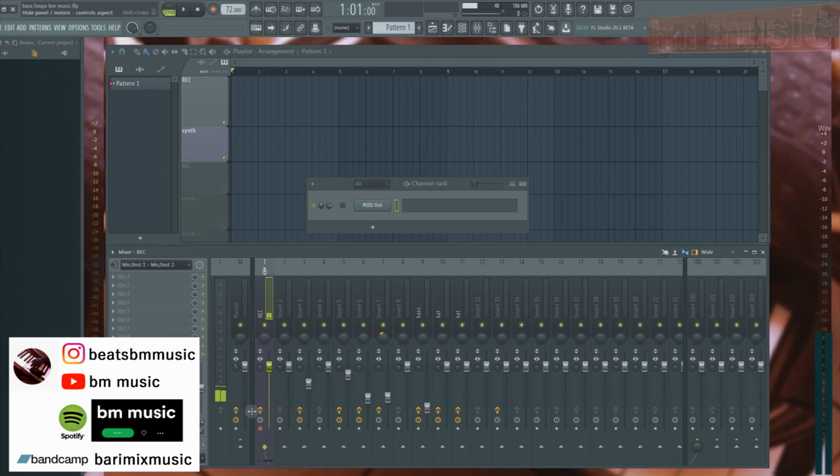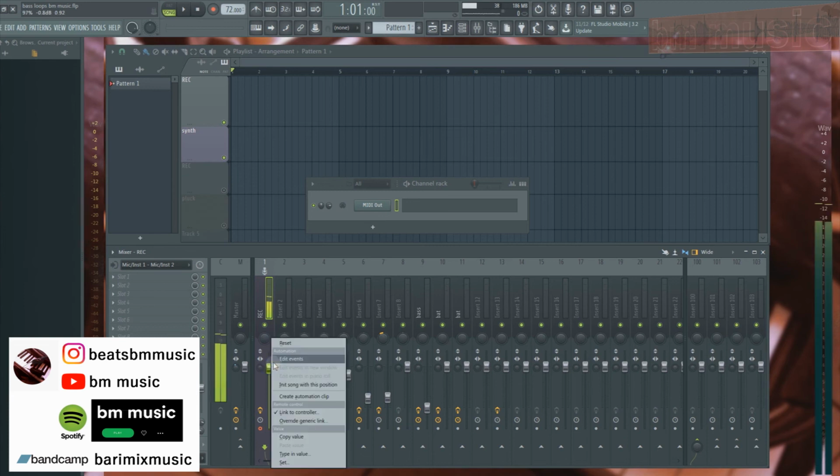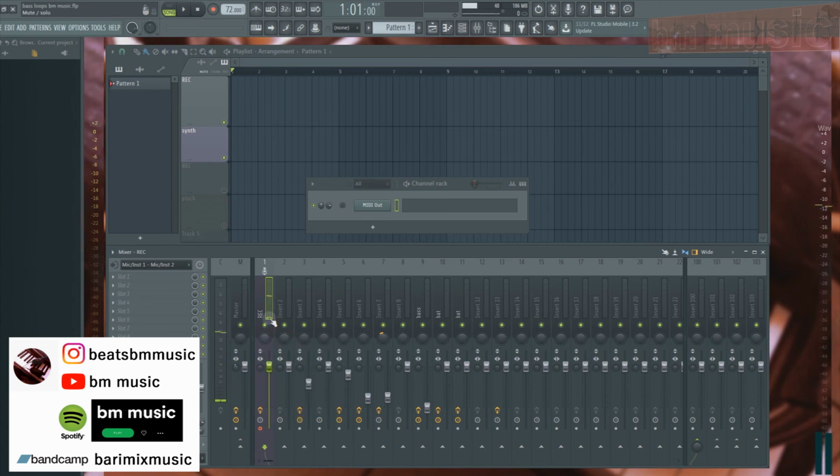Okay, you need this right here, this little red circle. It has to be highlighted as red. If it's white, it's not going to record. You need to highlight this. If it's off, it's not going to record. You need volume though also. So just in case, have that all ready. Have that set and ready to go. And here,